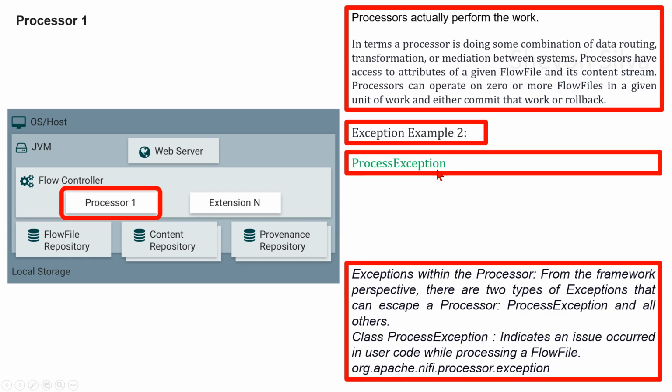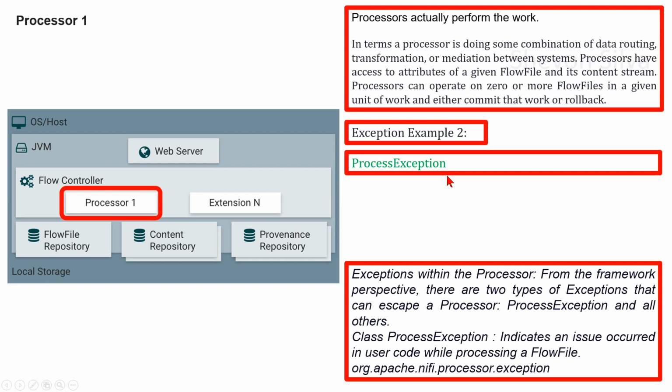Now, as an exception example, we can consider process exception within the processor. From the framework perspective, there are two types of exception: those that can escape, the process exception, and all others. The class process exception indicates an issue occurred in the user code while processing a flow file. This is in the package